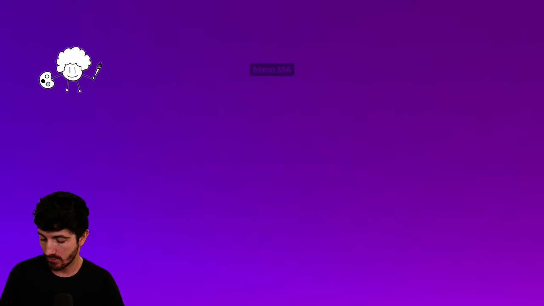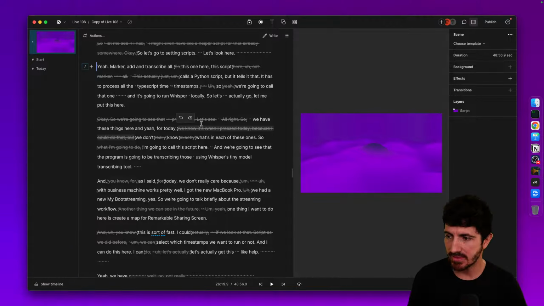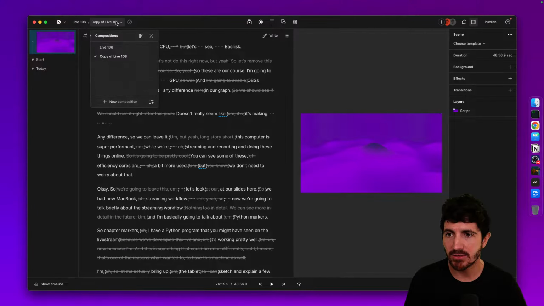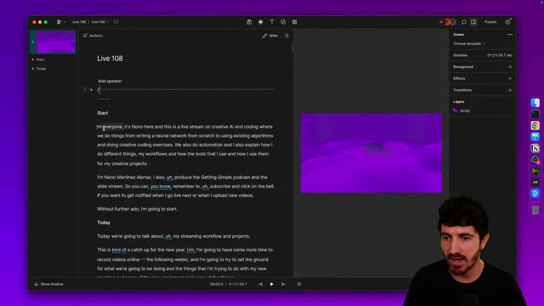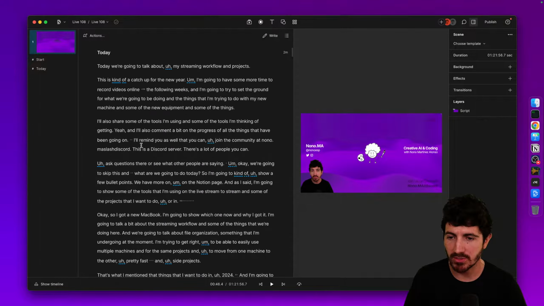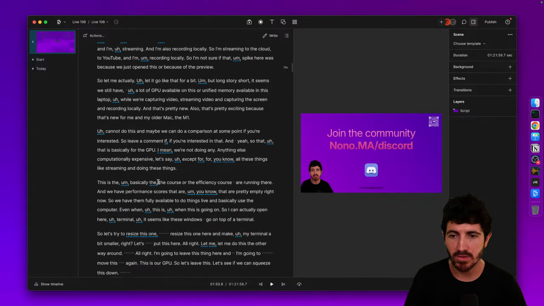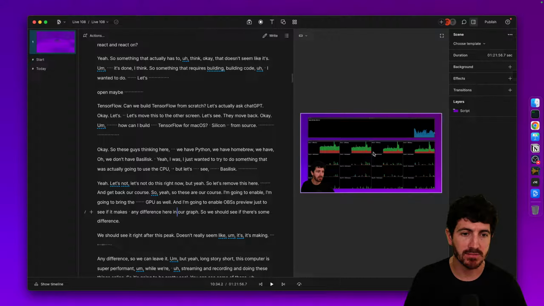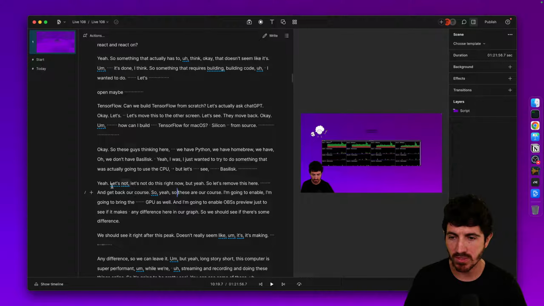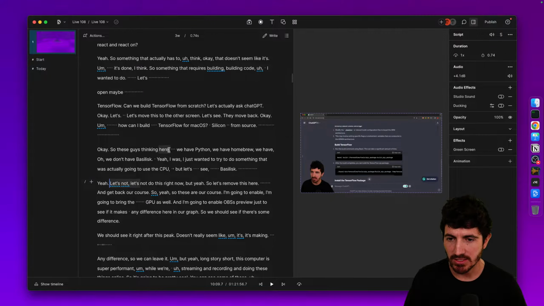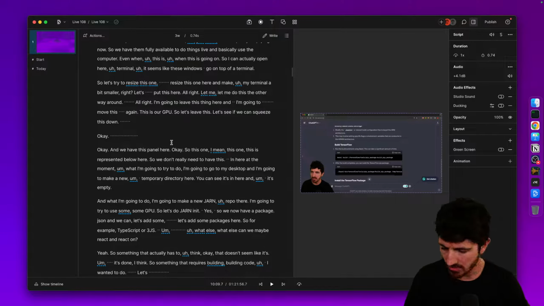Okay, so this is Descript, and for those of you who haven't seen it, it's a transcript-based editor. It's based on AI, and if I go to different parts of Live 108, which is the live stream that we did, I believe on Wednesday, like 2 days ago, you can see the different parts. I mean, this is just a video editor like any other, you could say, but I could actually, if we make a selection here,